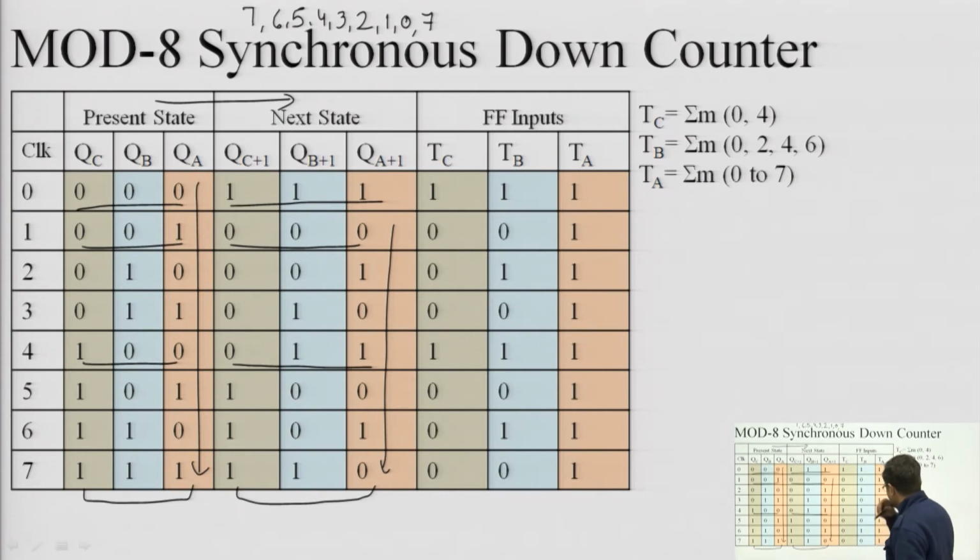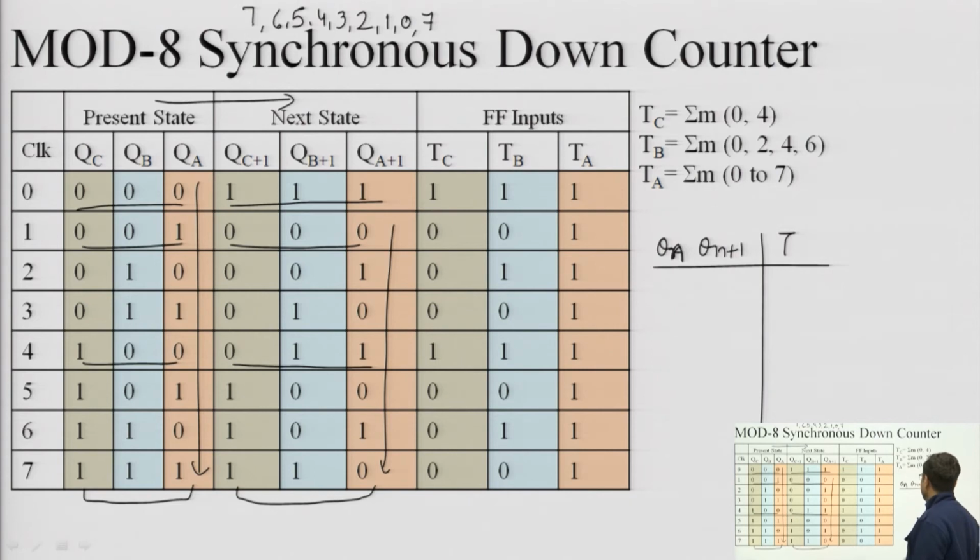Now, again we have to write the flip flop inputs using the excitation table. Again the T flip flop excitation table is to be used. I am again mentioning it here as Q instead of using Qn and Qn plus 1. I am using T for 0 0, 0 1, 1 0, 1 1.